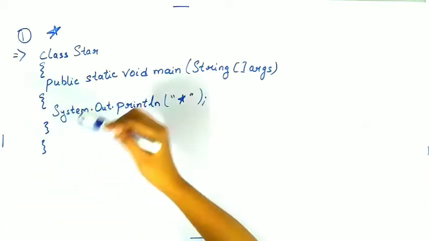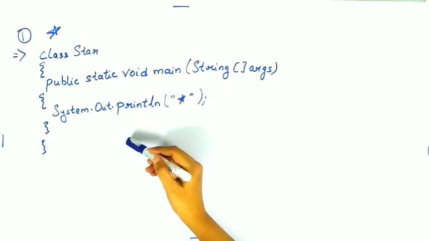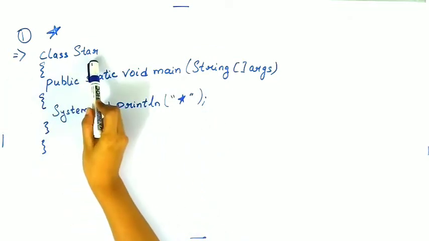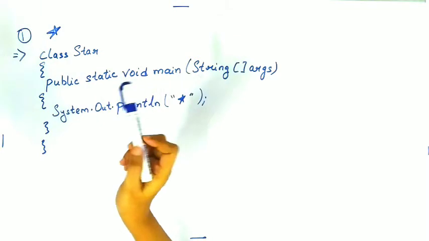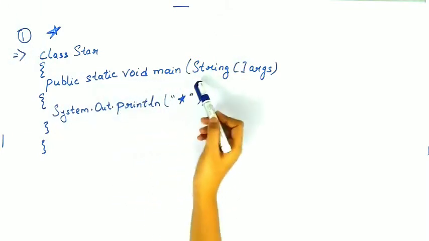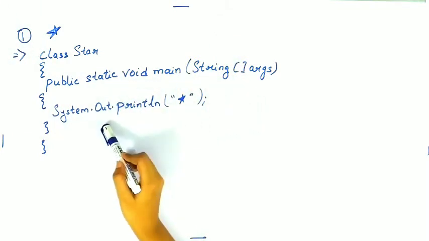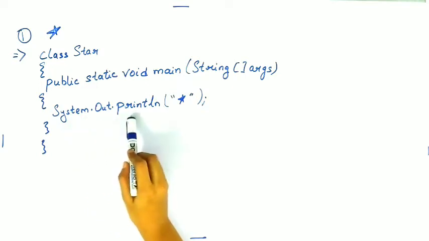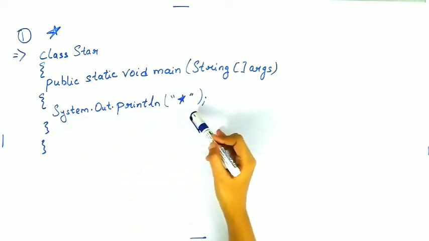I am Farheen. Suppose you went for an interview and the interviewer asked you to write a program to print a single star. What will you write then? You will write this simple program. That is, you will create a class called star. Then you will call the main method, and inside the main method you will write a simple print statement which